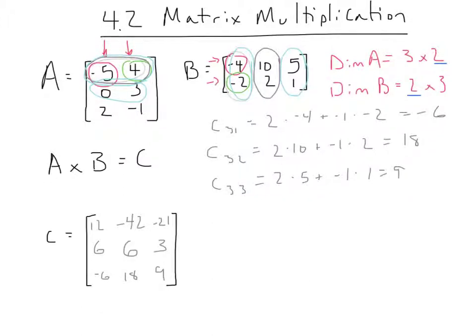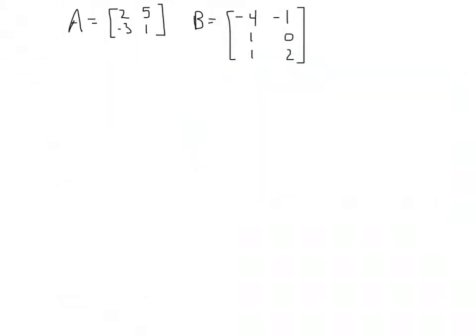So we'll take a look at one more example of matrix multiplication, and we'll also see why it's so important that the dimensions match up the way they do. So I've got two matrices here, matrix A and matrix B, and we'll note the dimensions first, that the dimension of A is 2 by 2, and the dimension of matrix B is 3 by 2. And of note here, the number of columns in matrix A no longer matches the number of rows in matrix B. This does mean that we cannot, in fact, perform the multiplication A times B, and we'll see why